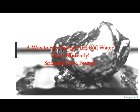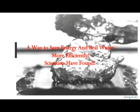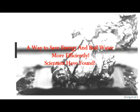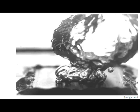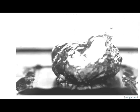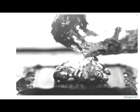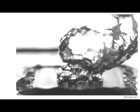A way to save energy and boil water more efficiently is what scientists have found. Water gets to boiling, whether it's a cup of tea brewing in a kitchen or a power plant generating electricity. Any improvements in the efficiency of this process will have a huge impact on the overall amount of energy used for it every day. One such important improvement could come with a newly developed treatment for surfaces involved in heating